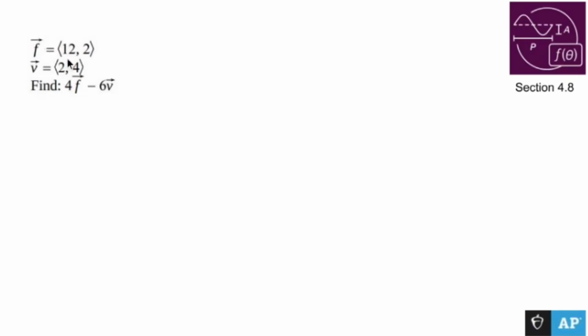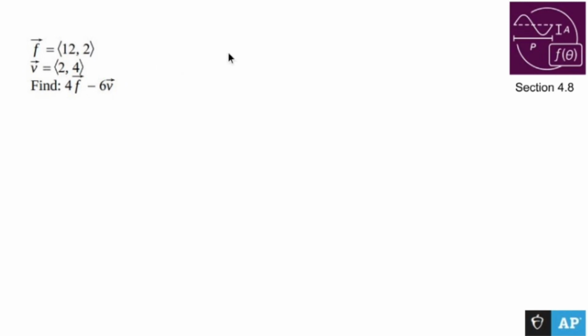All right, so we have two vectors in component form, and we are asked to find 4 times the one minus 6 times the other. The nice thing about vectors in component form is the math is exactly what it looks like. But what this means is if I were to draw 4f's, and the way you would draw 4f's is like,